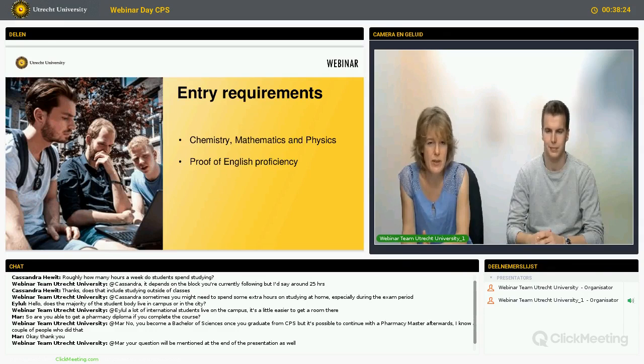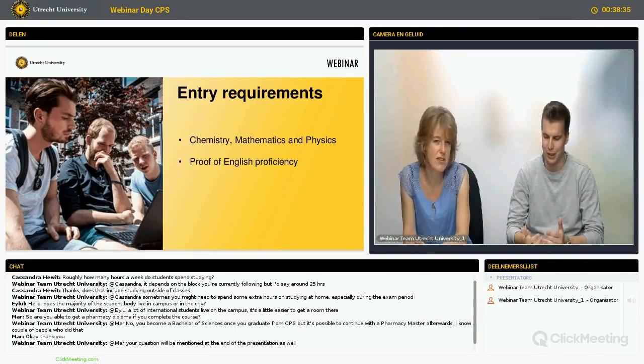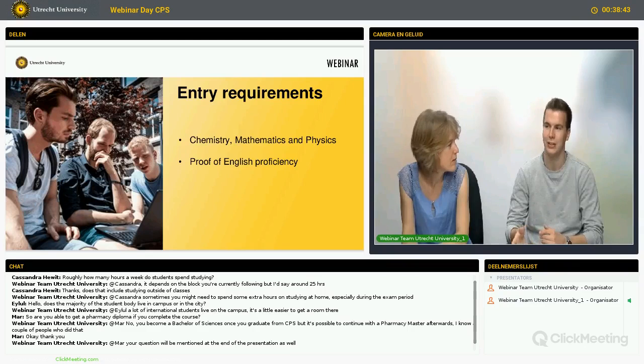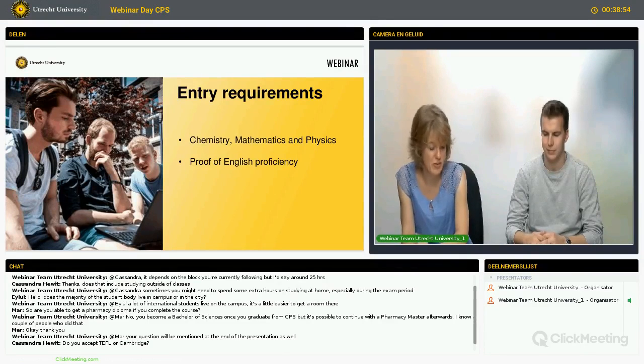And there is physics in the requirements, but in the program itself, there's hardly any physics. It's maybe learning about how a machine works. So HPLC is quite physics-based, or NMR or something is quite physics-based, so you need to understand why certain things are happening, but it's only for 1 or 2 weeks of the course. And also because, of course, this is an international program, you have to show English proficiency.